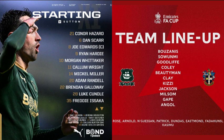The ball then with Dan Scarr, rolls it with the sole of his boot, inside right channel, about 10 yards inside his own half, plays it into the midfield for Luke Cundle, plays it all the way back for Hazard, off to the left hand side for Galloway, squares it to his centre defensive partner Dan Scarr, left footed will play it to the near side for Joe Edwards. Edwards pokes it forward, little triangle there, finds Morgan Whittaker, neat little flick by Luke Cundle, but it's just a little wayward and it's going to be picked up by Sutton, but Argyle will win it back,